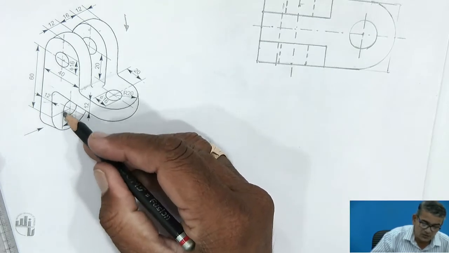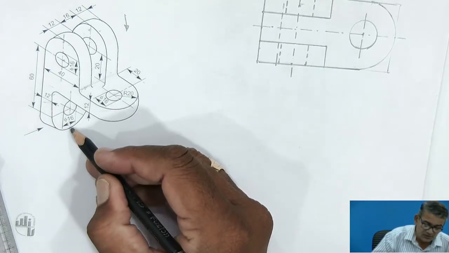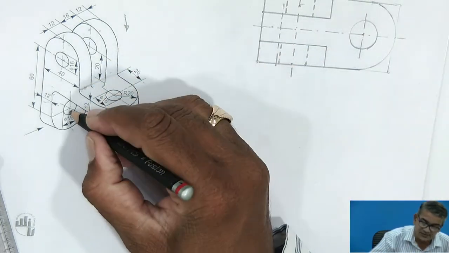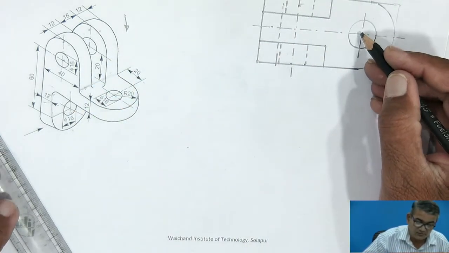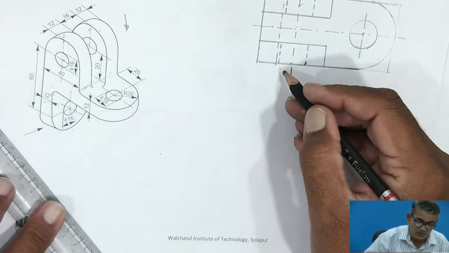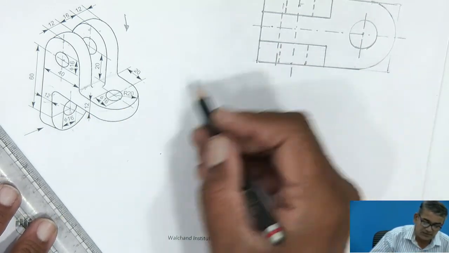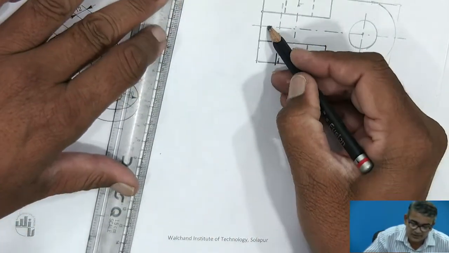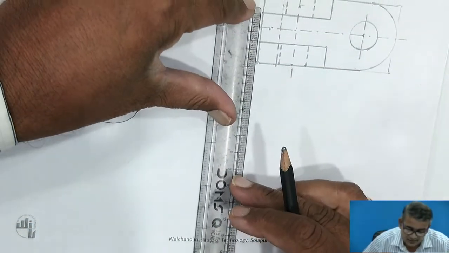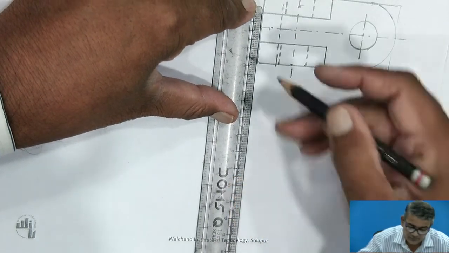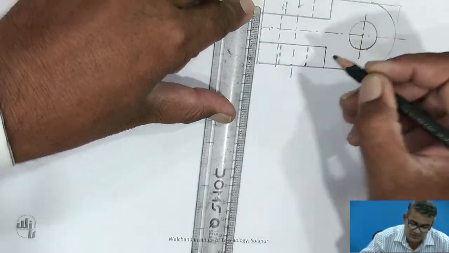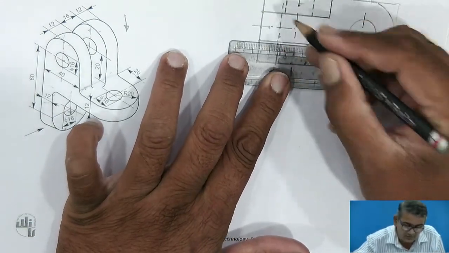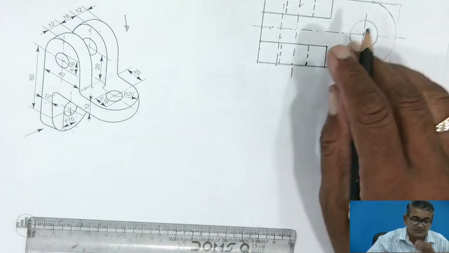Again, there is a circular hole at the center. It is invisible. It is from this center line. From here, to go for the top, it is at a center line. So from this center line, draw it as a dotted one for this slab. From this end, it is 16. Locate this one. The center line is here, and it is 8 and 8 mm. 8 and 16, and the depth is 12 mm, meaning up to here. So it is a hidden one from this end. So this is the top view.